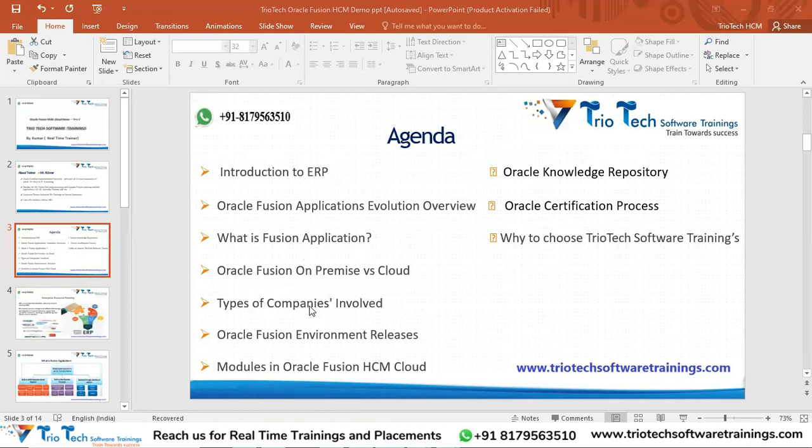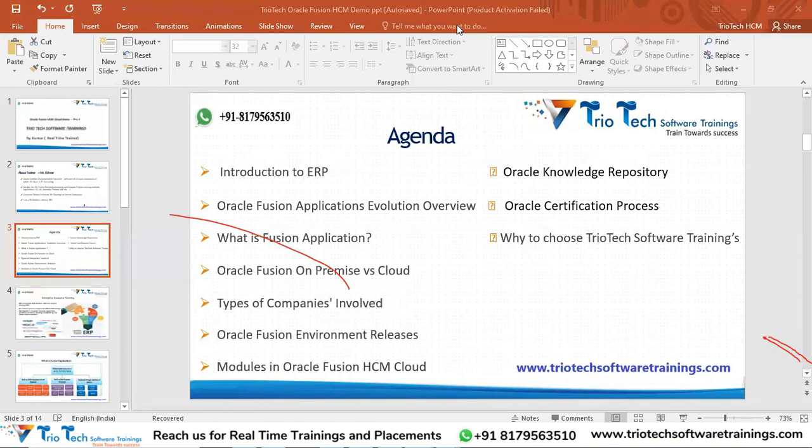Then I explained to you, keeping freshers in mind, what types of companies will be involved in this particular technology. Then we discussed the Fusion environment releases, like when Oracle launched this product in the market, and since then, what evolution the application has gone through. That we have seen, team. And then we spoke about